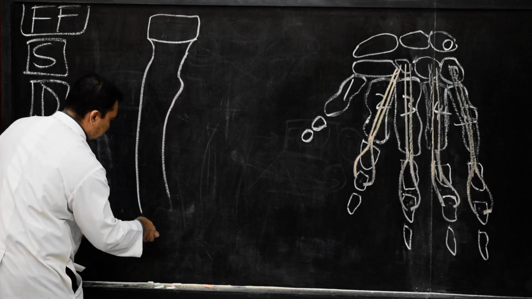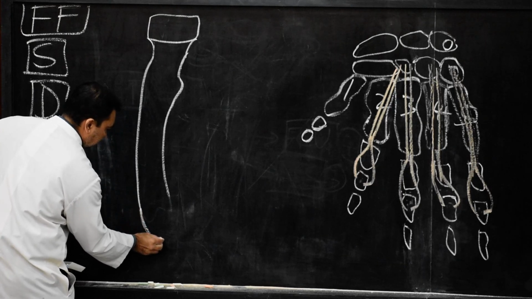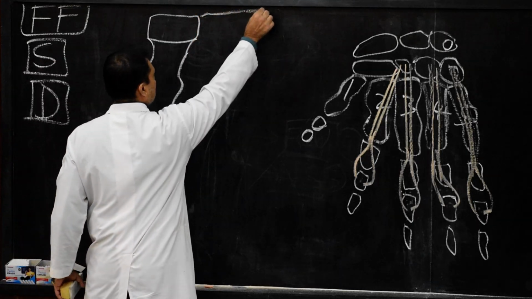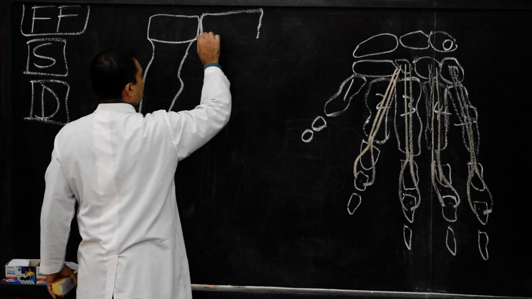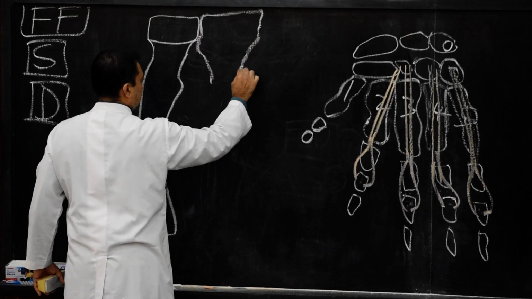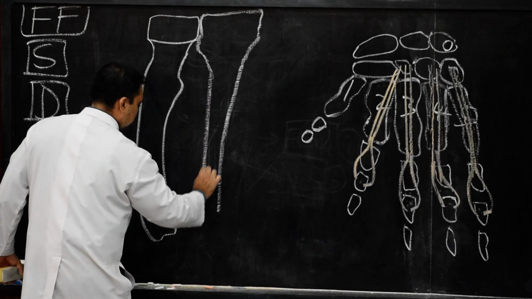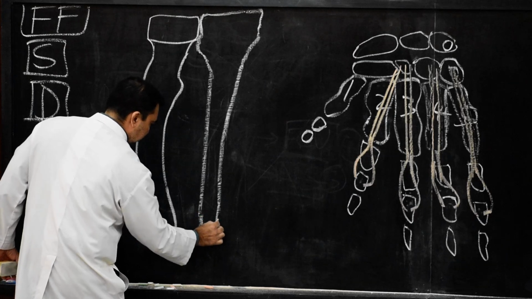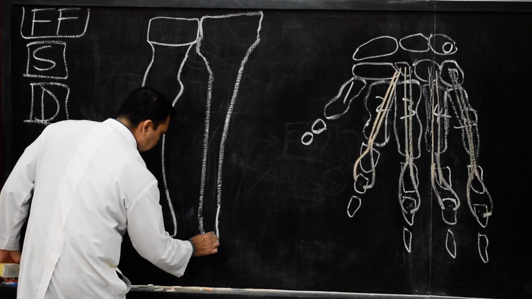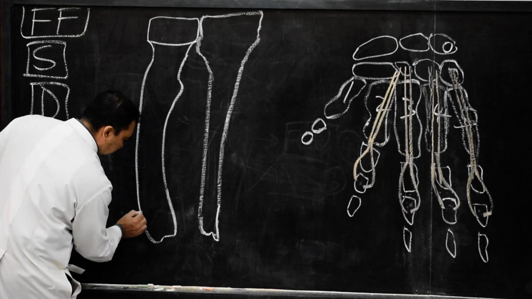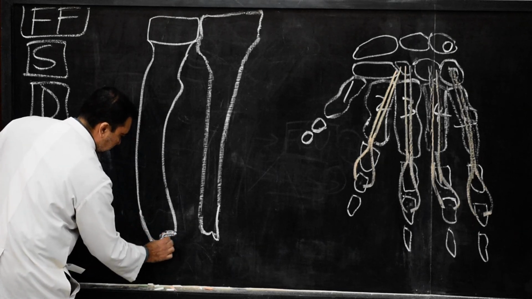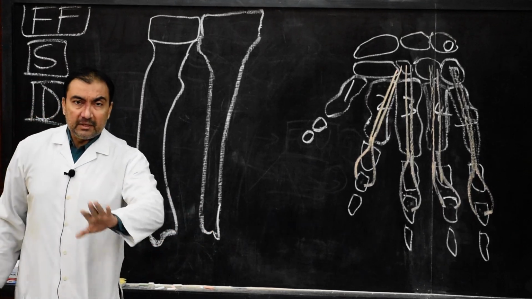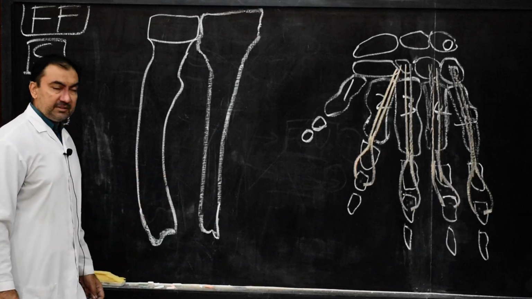Once again we are going to extend here. Please draw in this way. This is the radius bone. Then we are going to show the coronoid process of ulna. And this is the lower end, head of the ulna. This which I am drawing will be the head of the ulna, the styloid process and the head of the ulna. And here this is the styloid process of radius. Lower end of the radius will be lower than the lower end of ulna. So here we have drawn these two.